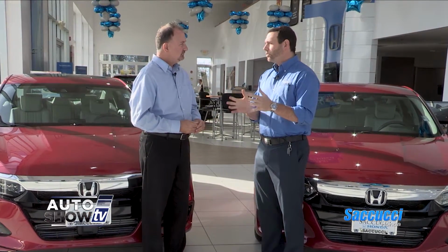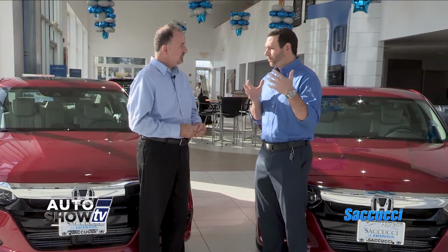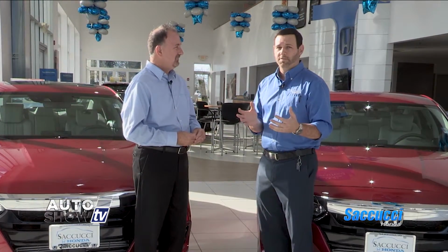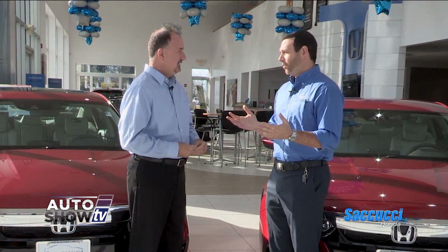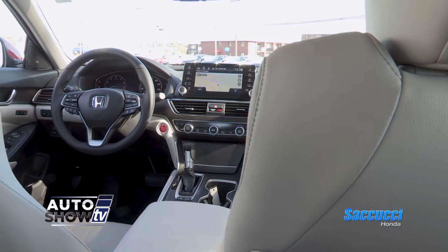When we shift over to the 2 liter turbo, they give you a Sport model, which is really interesting because for the 2 liter Sport model, they offer a 6-speed manual transmission, which they haven't done in the V6 model in quite some time. So for those of you that are interested in a performance drive, that's going to be the car for you. Some people still want to drive a stick. Absolutely, especially when you get that kind of a pickup and horsepower. But continuing on, you get the Sport in the 2 liter, then you move up to the EX, EXL, and